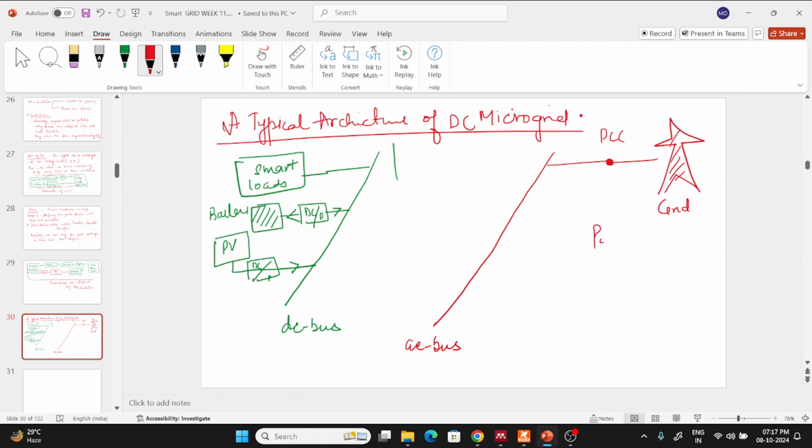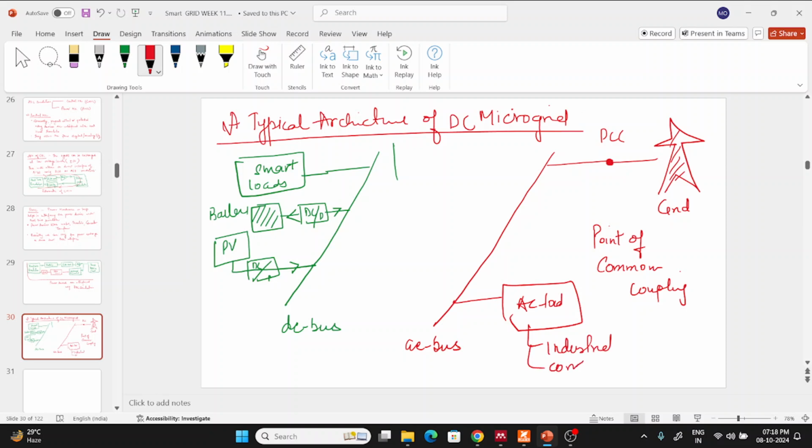What is PCC? Point of common coupling. Okay,